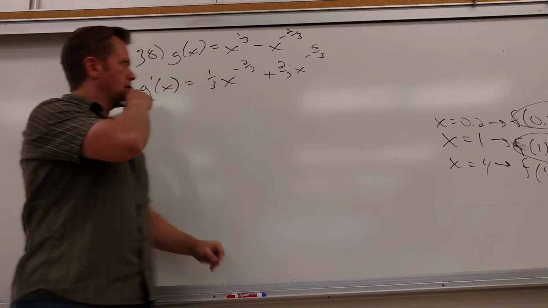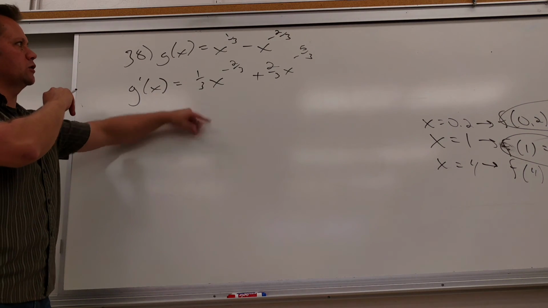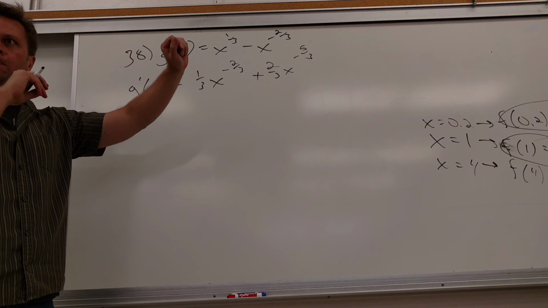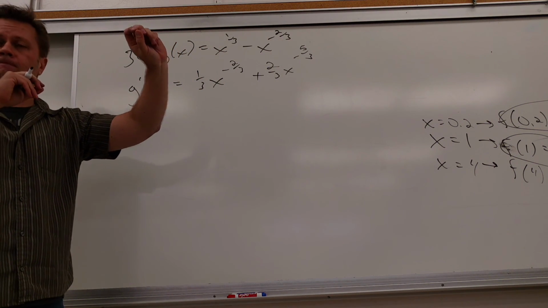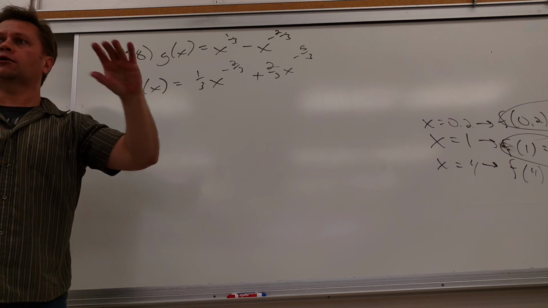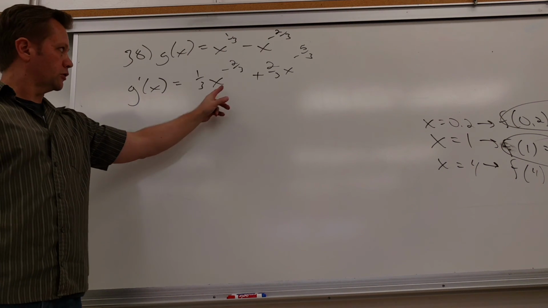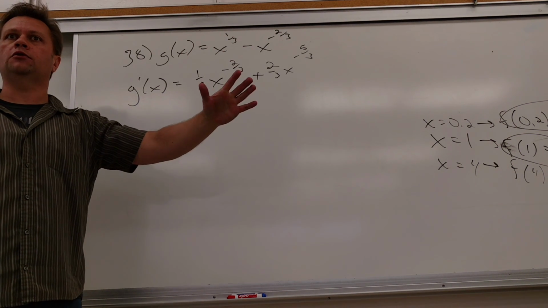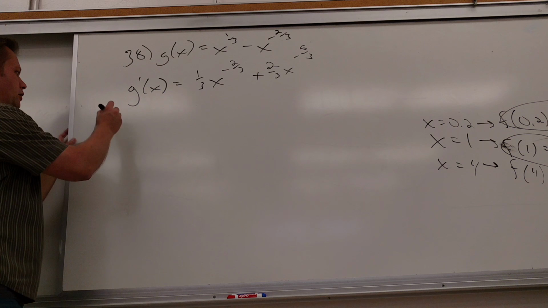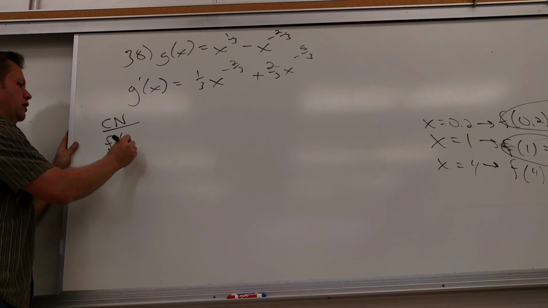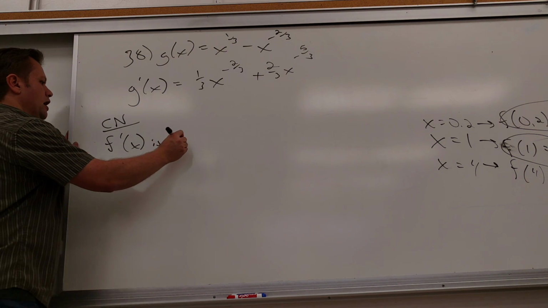It's kind of nice. And is there anywhere this is undefined? At 0, because these are negative powers, right? They're negative powers, so they're really on the bottom, aren't they? So at 0, this is certainly undefined. So my critical numbers include anywhere where f prime is undefined, and that would be